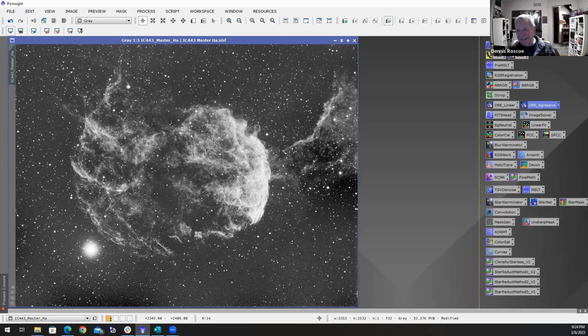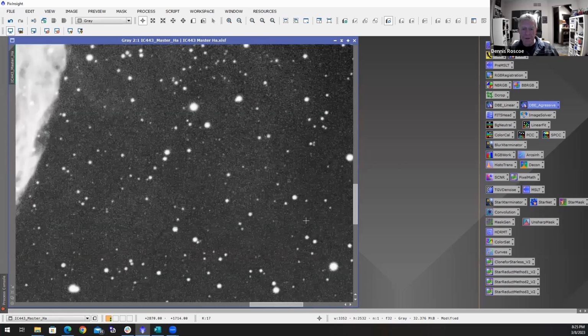image. And yeah, it takes a lot of time, but boy, it's time well spent, because if you do this with each of your masters, then your RGB image is going to look great. Now the last thing I do, if I zoom in here, I see still a lot of